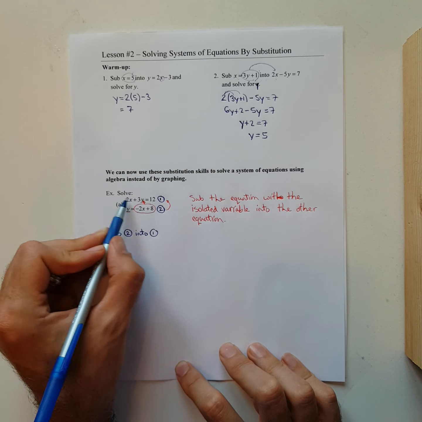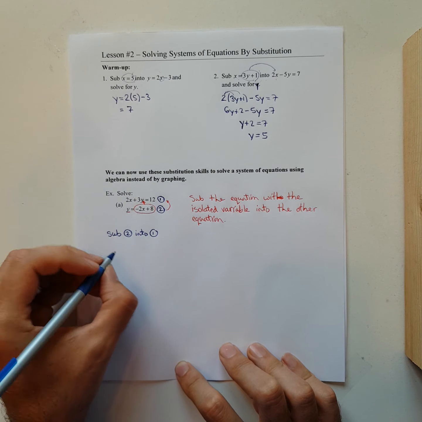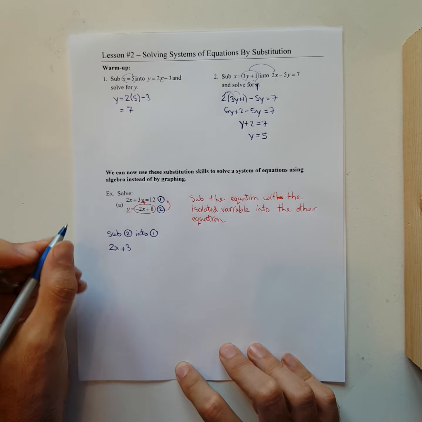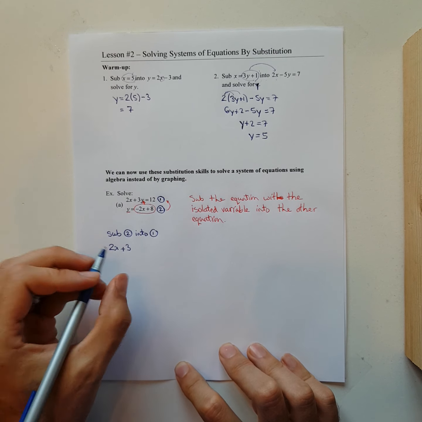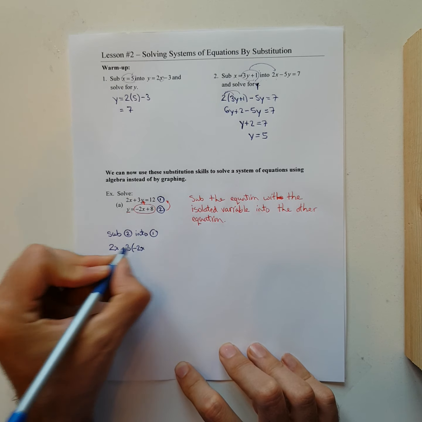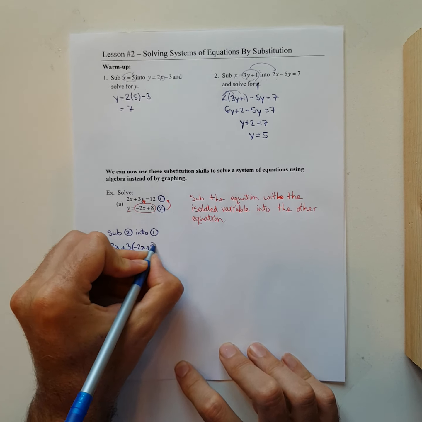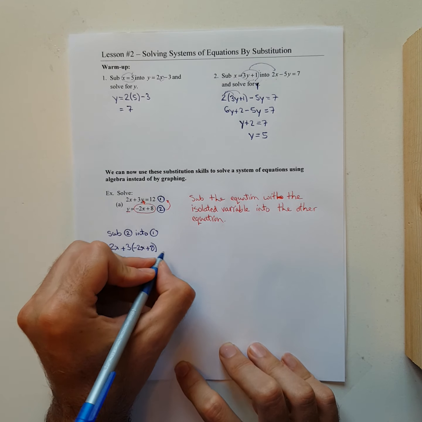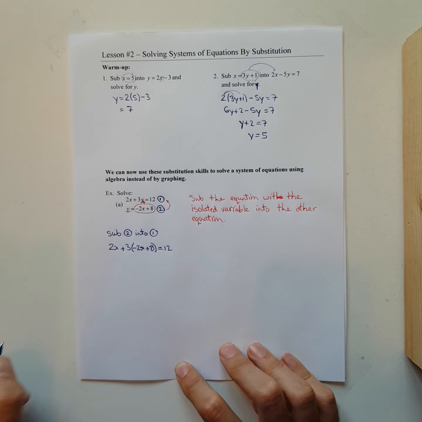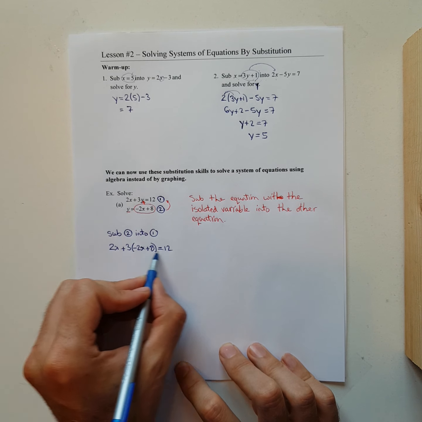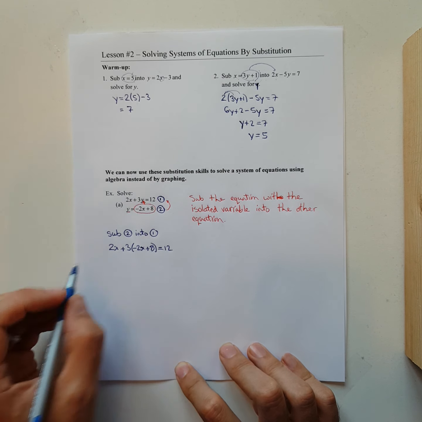So I start with this equation. If I'm going to substitute this into 1, I'm going to say I have 2x plus 3. When I get to the y, I'm making my replacement. In place of the y, I am now putting in negative 2x plus 8. Y is equal to that, so we're replacing the y with that expression. And then we continue our equation that that's equal to 12. At this point, notice that I have an equation in terms of x,